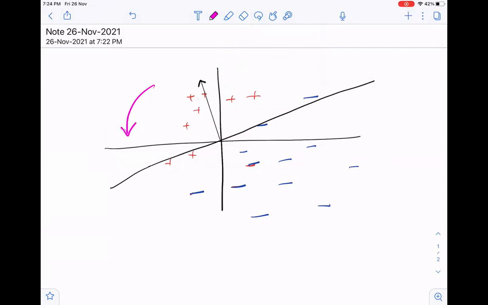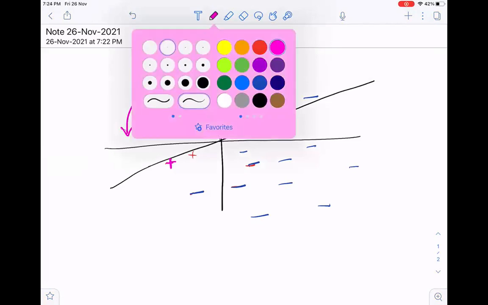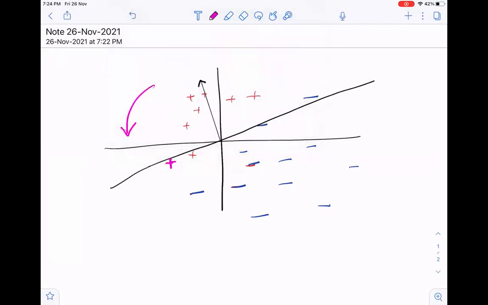Right. But what I do is that I'm finding a point here. I say let this point be the point that I have found out to be a mistake. So this point, what should I do? I should add this point, because if I add this point, it would move in this direction. At least it is in the right direction where we are hoping to take care of this particular